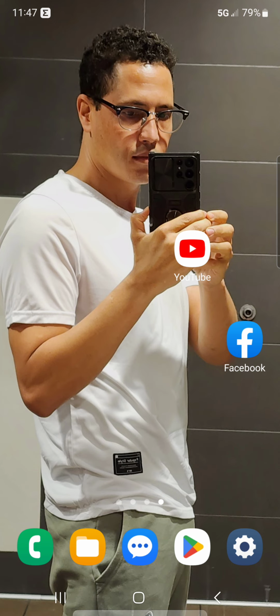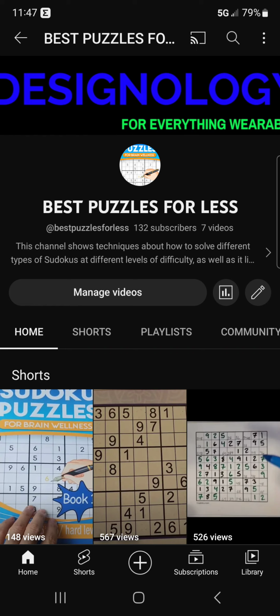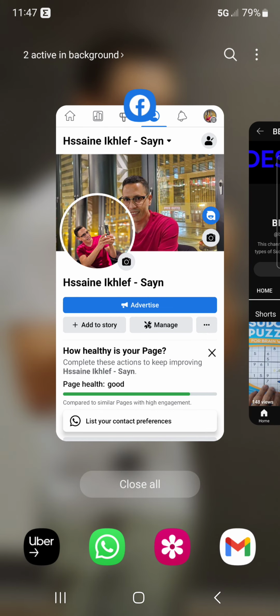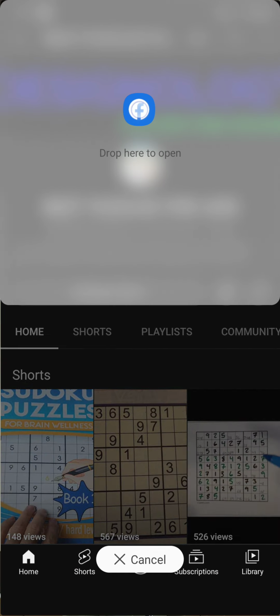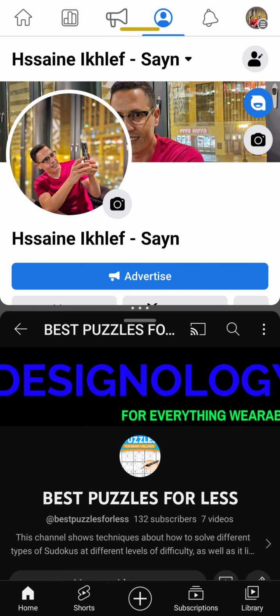So here what we're gonna do to start the split view on your screen, you need to open at least one app. So let's say I can open my YouTube, and then what I'm gonna do is, it's open now, so I'm gonna click on this burger, three lines, and then I'm gonna click like this. I just click and hold, and then it opens all the apps open for me because I already opened Facebook